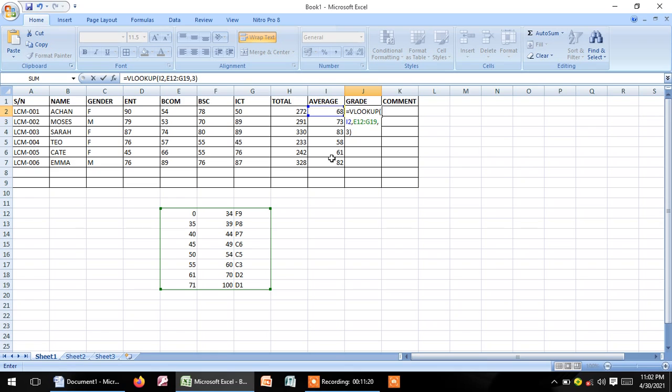An absolute reference is that reference where we add the $ sign before the column letter, meaning between this cell address E12 and this cell address G19, they are supposed to be fixed with the $ signs. So we'll put a $ sign here, another $ sign before 12 between there, another $ sign before G, because we are fixing them all such that they are not changing.